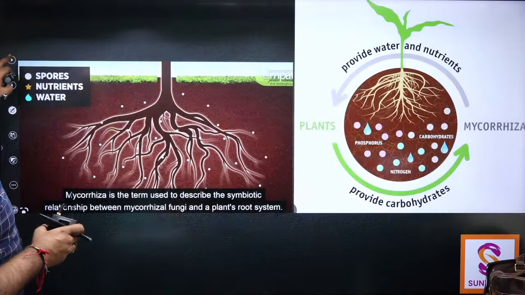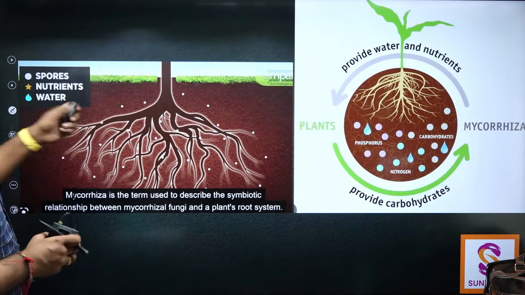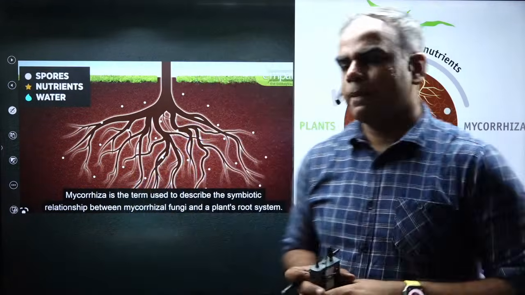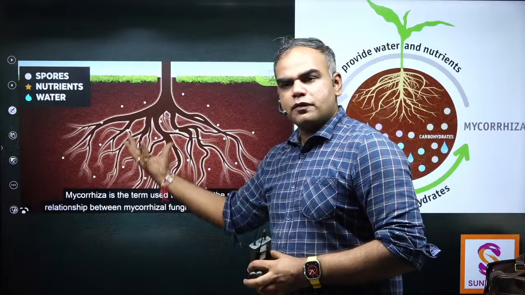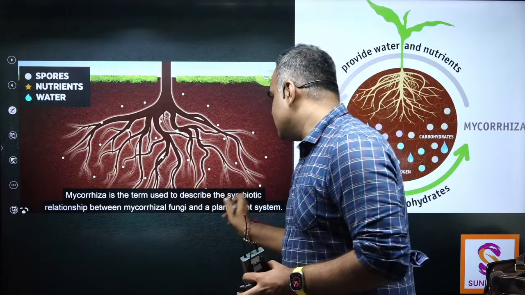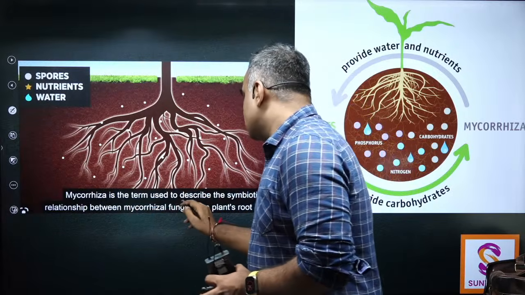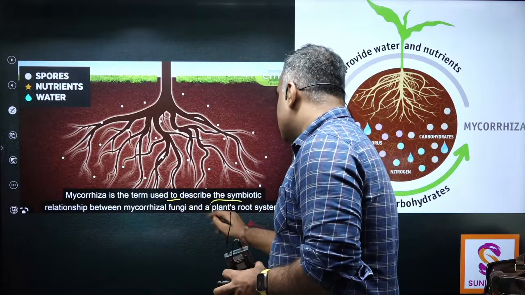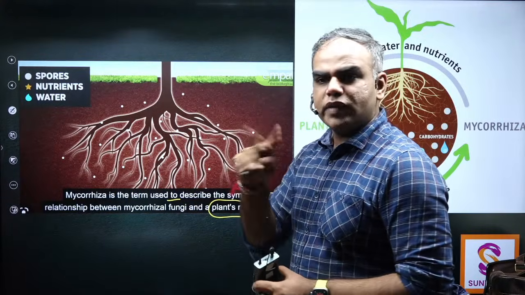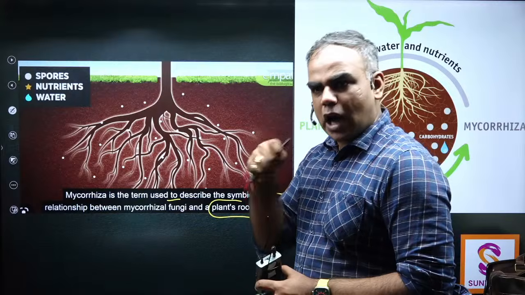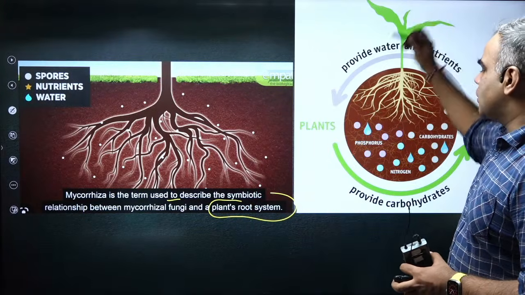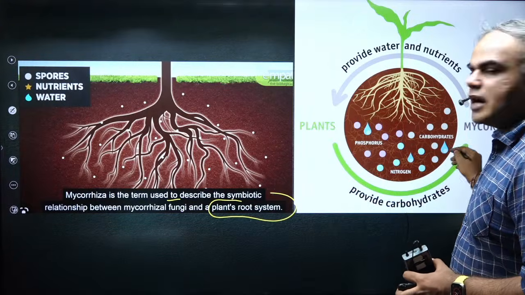Second example, this was mycorrhiza, and then after that I'll come back to some other examples. देखो, ये है mycorrhiza. पहले इसमें देखो, you have roots of plants. White points are these fungus. So basically क्या है? Relation where the mycorrhizal fungus and the plant root system are interacting. Now, I told you both of them are getting some benefits. So how are they getting benefit? Root जो हमारे ये है, let's say plant, okay? Plant provides carbohydrates. कैसे?